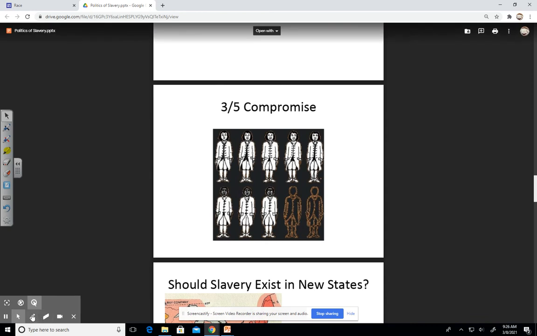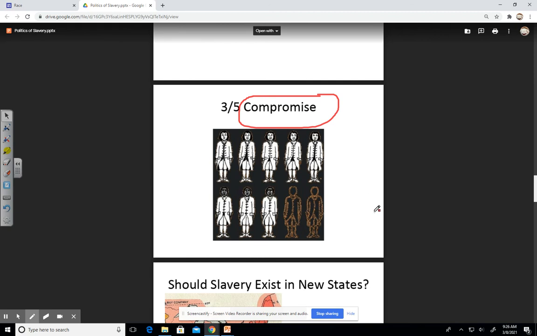And that is the compromise. In my experience, whenever you see this word in an African-American history class, that means that somebody just figured out a loophole. That means somebody just kind of gave a midway solution to whatever the issue is at hand. So in this case, they could have dealt with the issue of slavery by standing firm. The North could have easily said, we're not going to count the slave population. We are only going to count free people, and that would have put the South at a disadvantage.